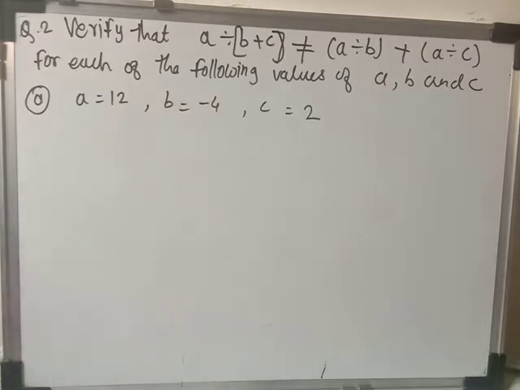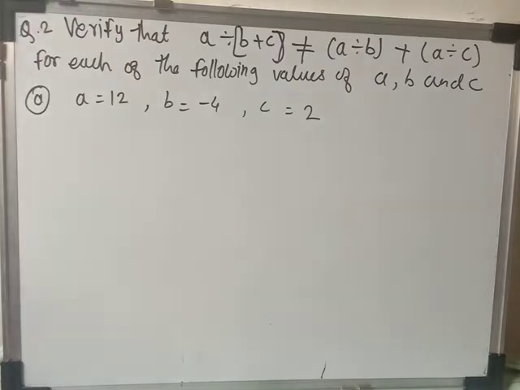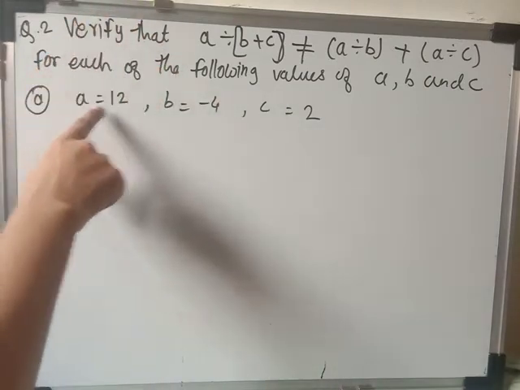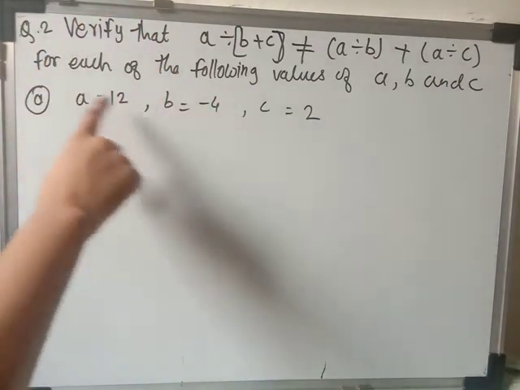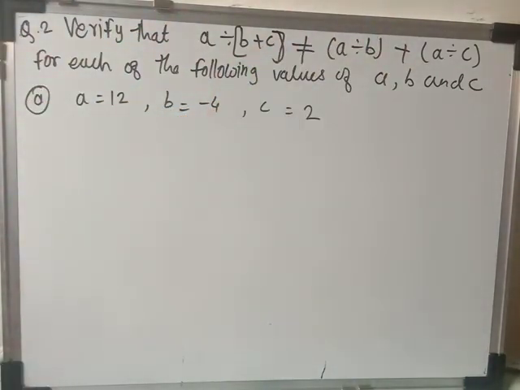So question number 2 is: verify that A divided by (B plus C) is not equal to A divided by B plus A divided by C. This is the distributive property, where we have seen that the distributive property is not valid for the division of integers. That we have to prove. How can we verify that this is not valid for division? They have given the values, meaning integers, for A, B and C. We have to put them into this equation, and from the values we can verify that this expression is not equal to that expression. Okay, so here our A is